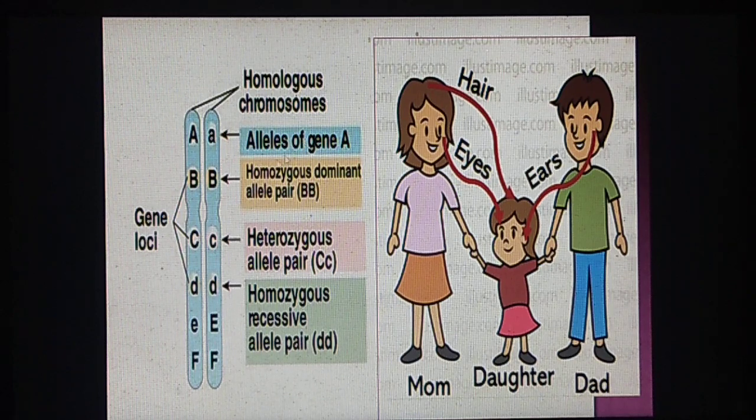So based on whatever features or factors are present on these homologous chromosomes, accordingly those particular factors will be seen, or the characteristics will be passed from one generation to another, that is from parents to offspring. And we should remember that some of the characteristics will be hidden, which are called recessive, and the ones which are expressed are the dominant ones.